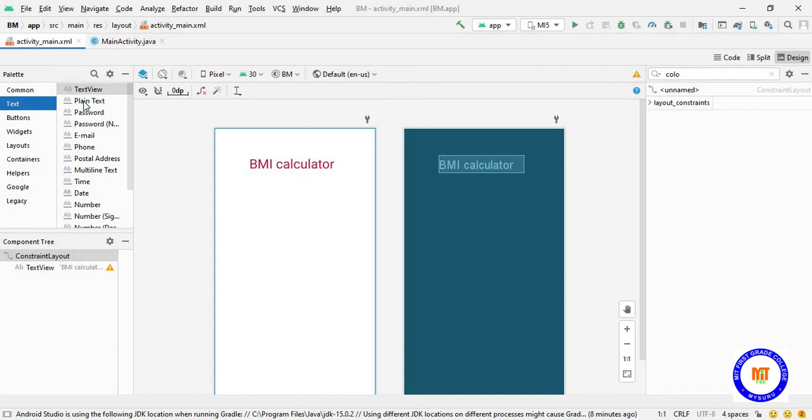Next I'll take two plain texts. One is for accepting the weight and another one is for accepting the height.